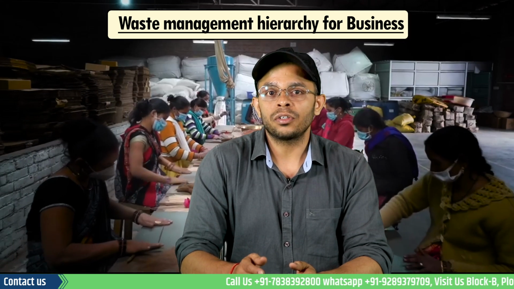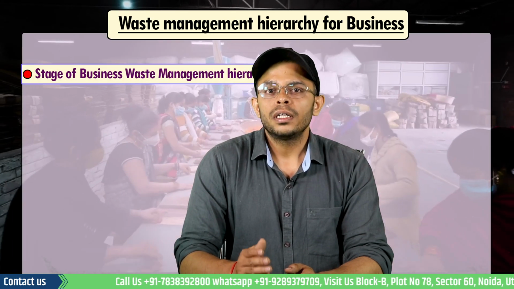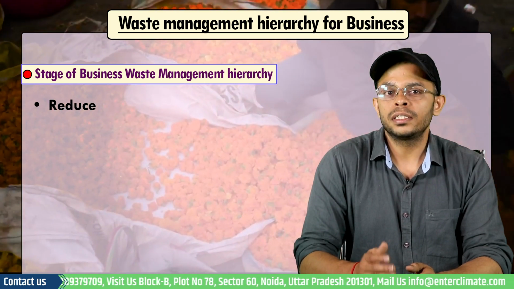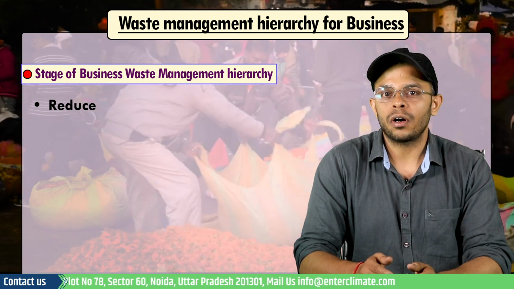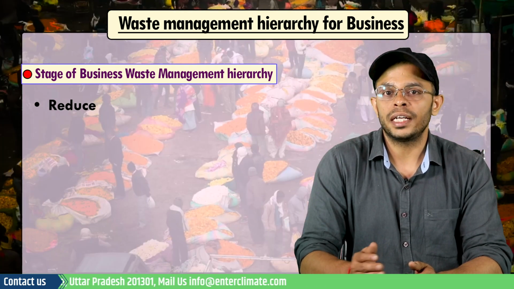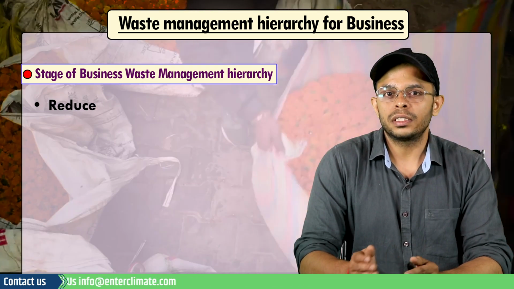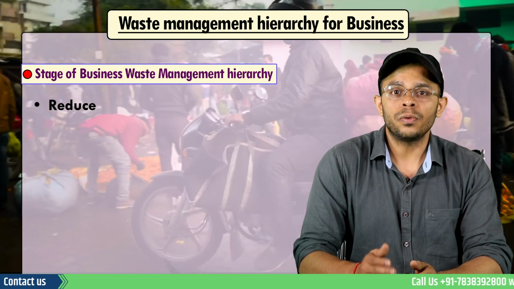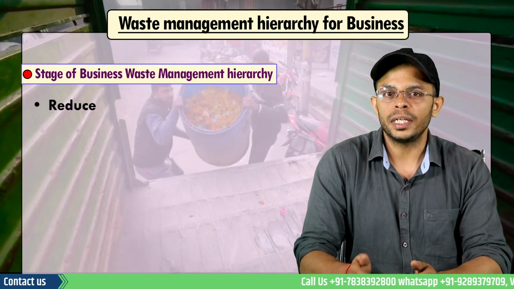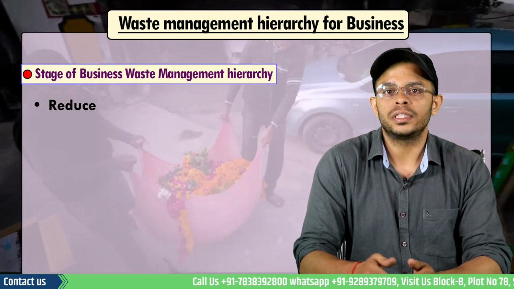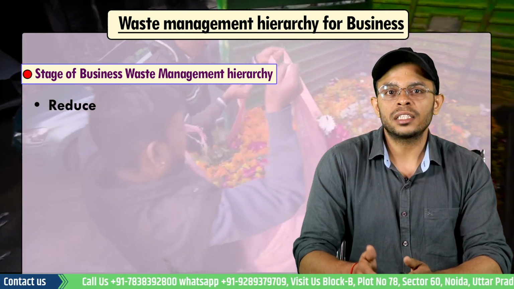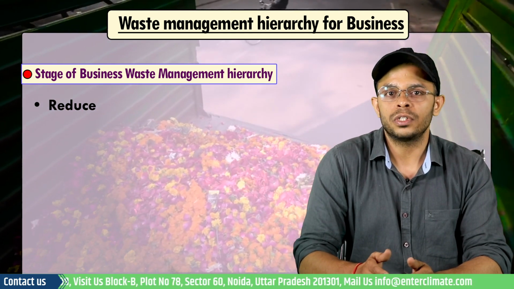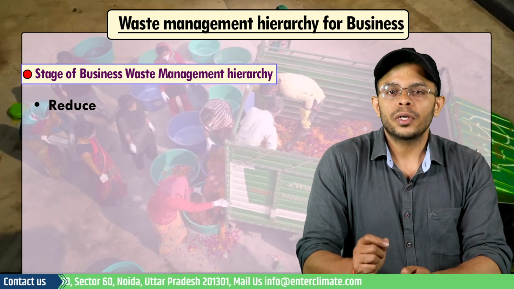Let's understand each of the stages one by one. The first stage is reduce. The waste management hierarchy places top priority on reducing or preventing as much waste generation as possible. This stage encourages industries, communities and the government to reduce their use of virgin raw materials to produce goods and services. The idea is to maximize efficiency and prevent unnecessary consumption of resources through steps such as procuring raw